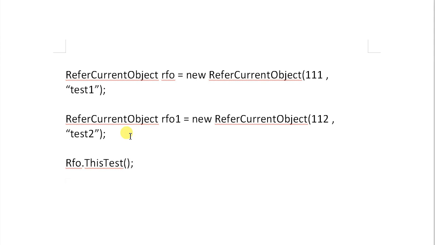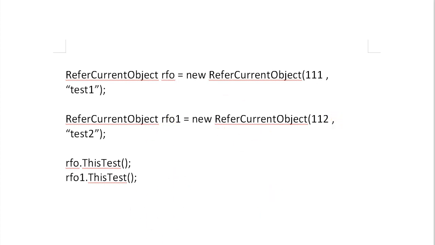Then I need to use RFO, sorry, small r. Just ignore those mistakes, because I am considering this as the steps or pseudocode. So RFO dot this test, RFO1 dot this test. So now if I will call by using RFO1, it will take the second value 112 and test2.